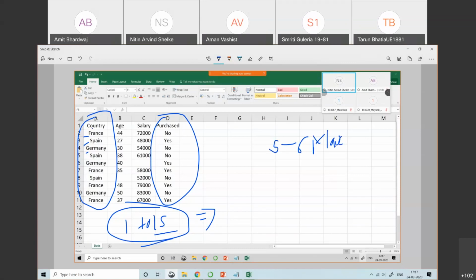Categories are like, if we consider the color column, then the categories are red, yellow, pink, purple. That is the kind of category we have, right? And the purchase column is also a categorical column which contains yes and no values.